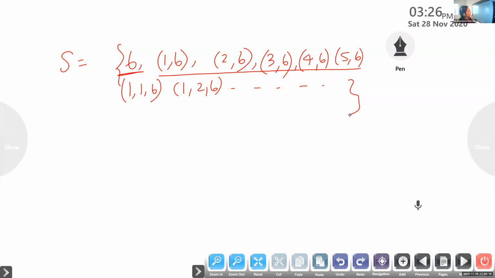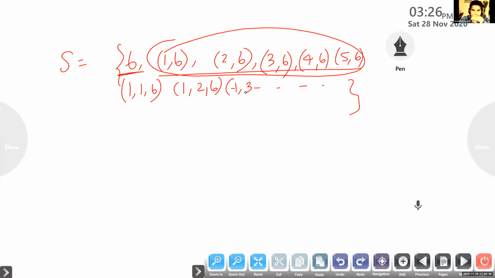Why do we say it is infinite? Because if I get 6 in the first throw, we will stop there. Suppose I am getting 6 in the second throw. These are the possibilities. Sometimes if you are not getting it in the second throw, then we will be getting it in the third throw. It may be 116, 126. So like this, you can write so many, isn't it?